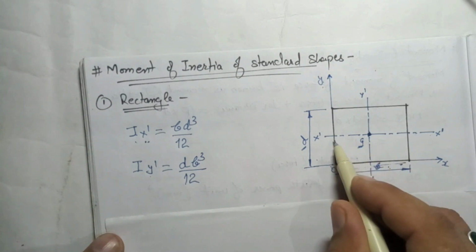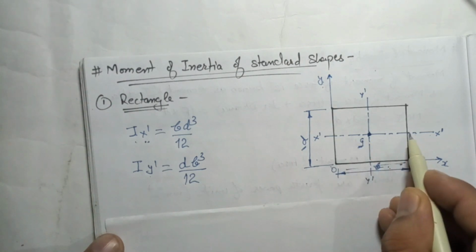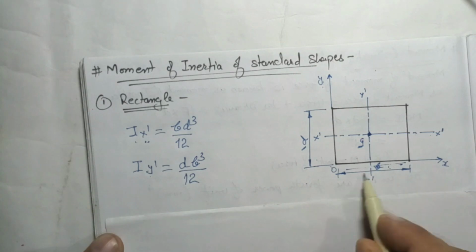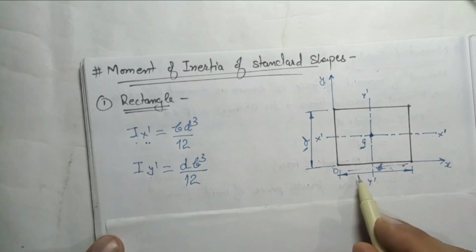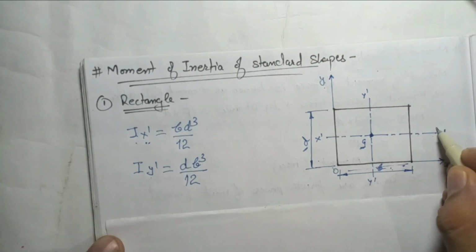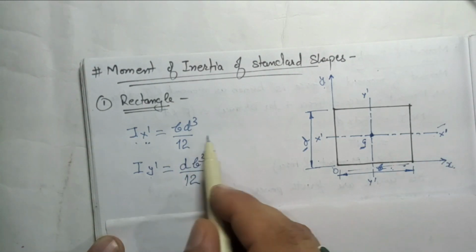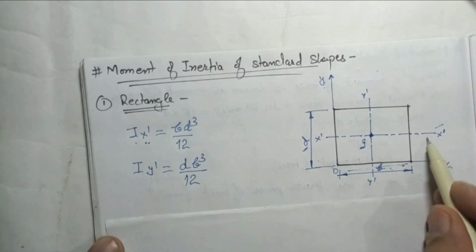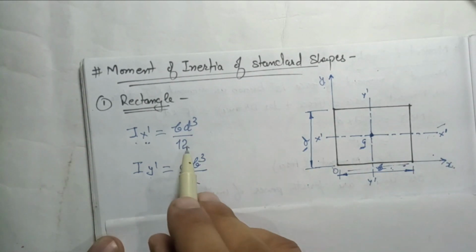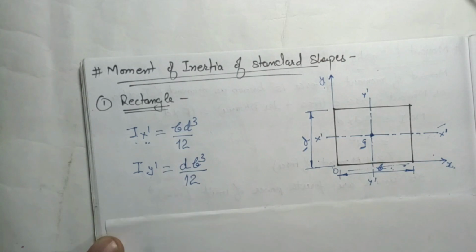Now let's say in the same figure, we want to find out the moment of inertia rather than about the axis passing through the center of gravity, I want to find it from the x-axis. You can use the parallel axis theorem, find the moment of inertia about this axis and then shift it to the x-axis. Like here you can add plus A h square, h is the distance between these two. You can go for the parallel axis theorem, or we have the direct formula also.